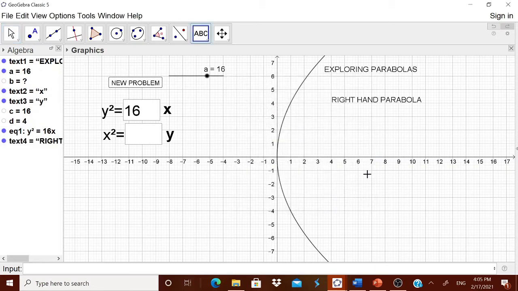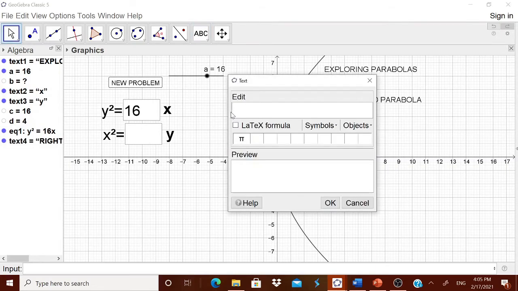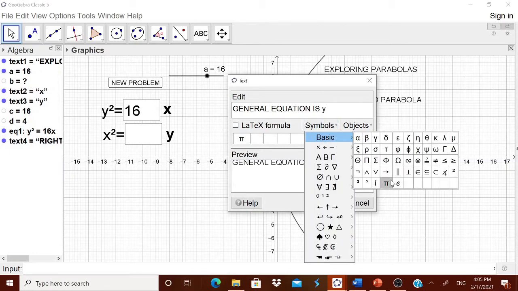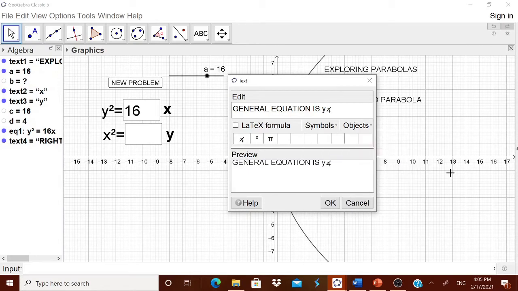Okay, we can write like this, then we can tell its general equation is y square is equal to 4ax.